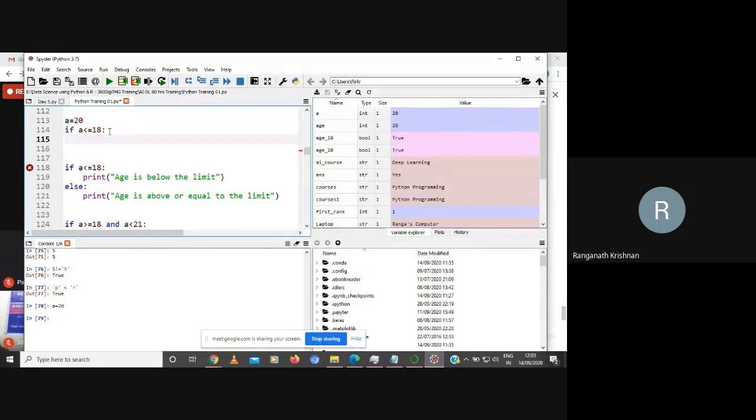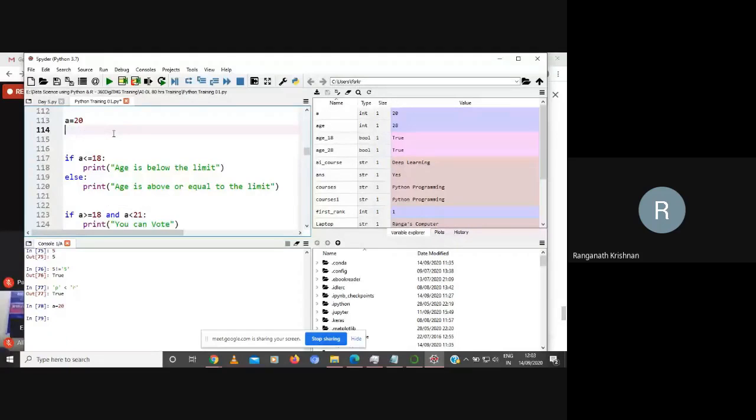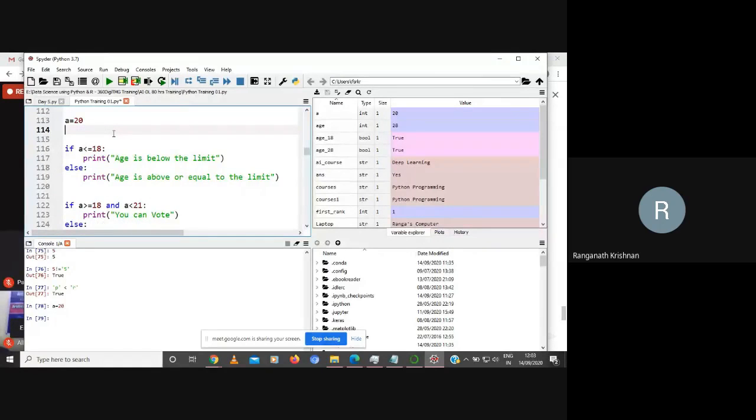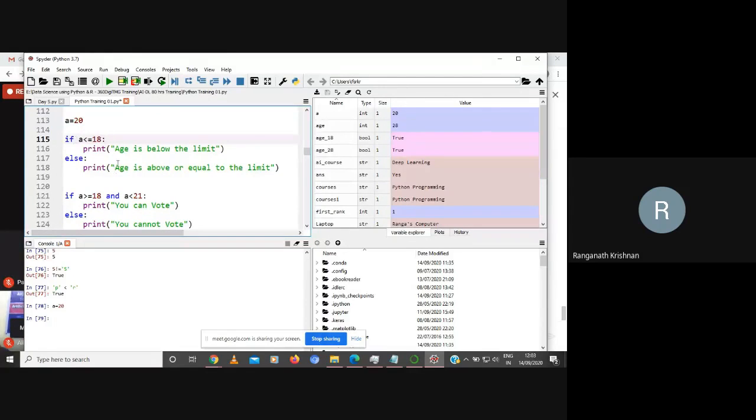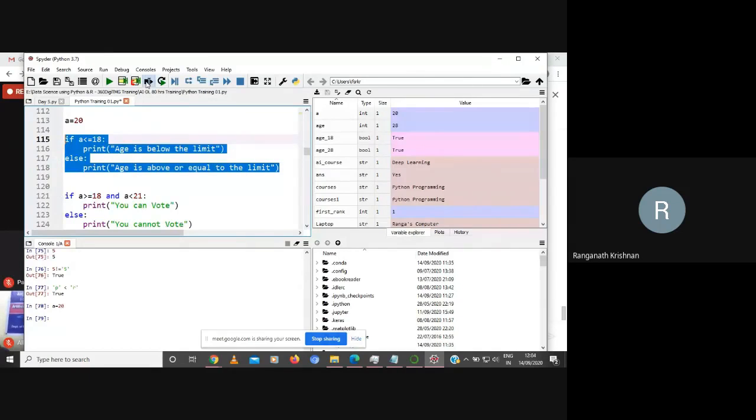Also, if you notice on the screen, there is an X mark. It tells you, hey, there is a problem in the indentation. If you don't do the right indentation, it will give you this error. So it will do a print, and then you can do another print. Please make sure that you follow the indentation, otherwise it will give an error, since being an interpreter, it gives it right then and there. I can do one at a time, or I can select these lines of code and click this, and it will execute. See, all the code got executed.